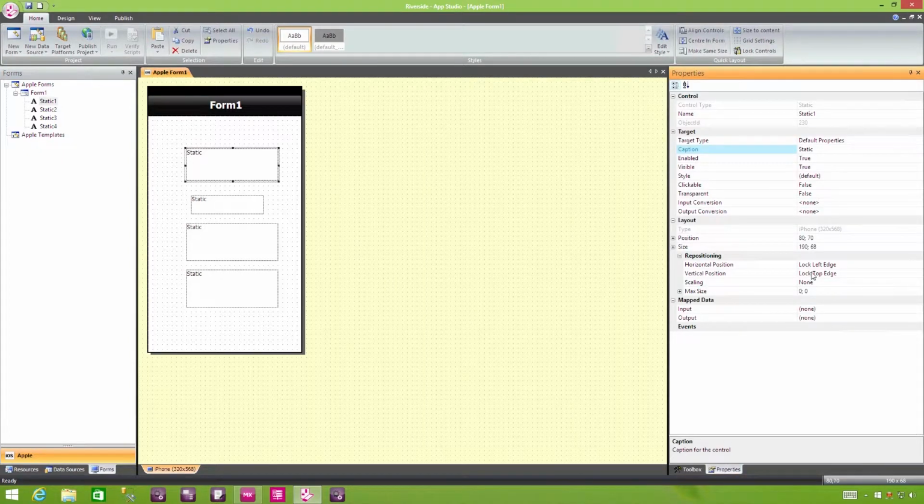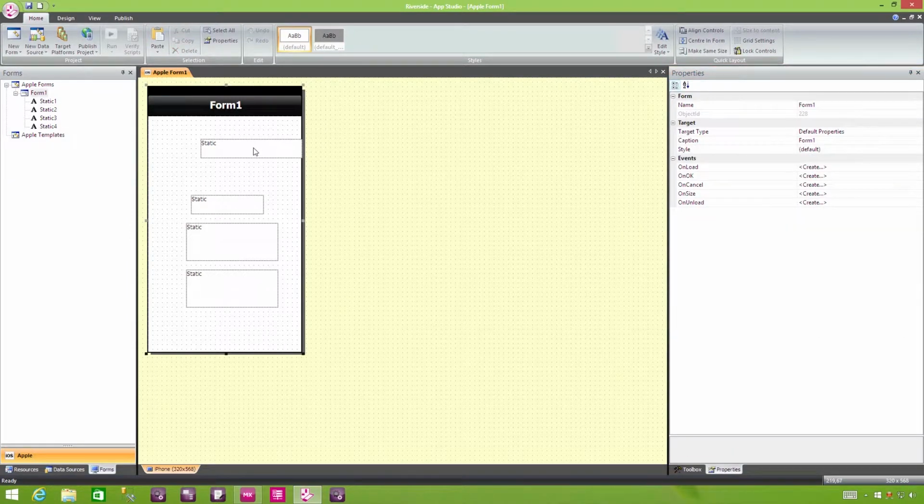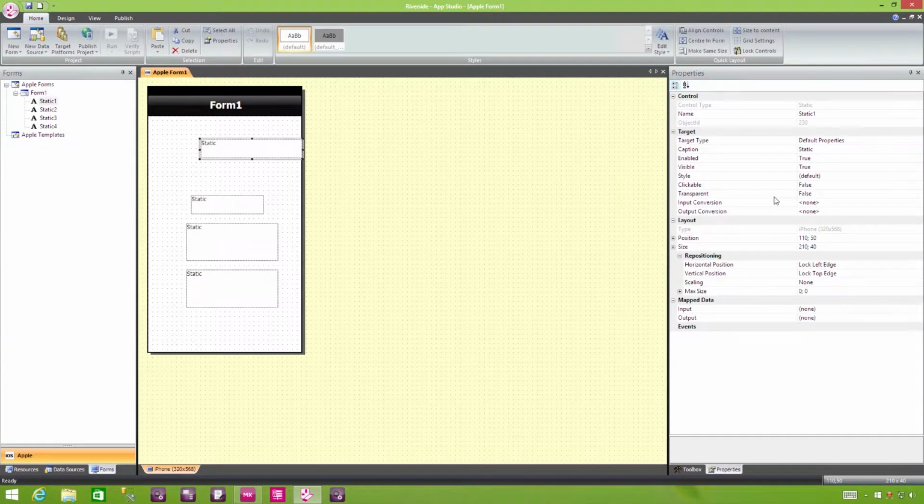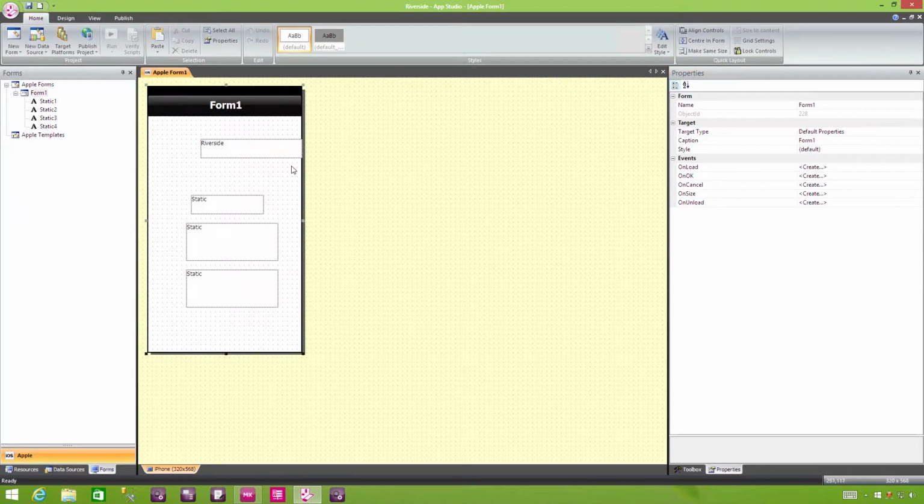So if I have this one selected, this is going to be my logo. This one, for instance, I can position at 110 by 50, and I can also set its size here. This one I'm going to set to 210 by 40, and that will be our logo. While we're here, let's call this Riverside. So we're just going to change the caption here so that it says Riverside,